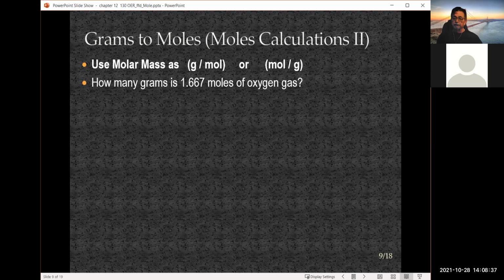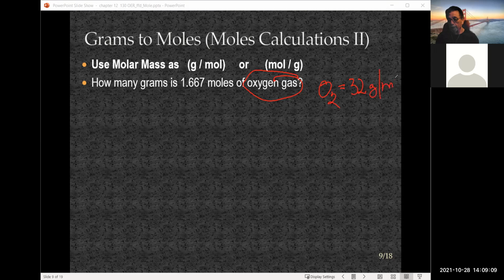For example, how many grams is 1.667 moles of oxygen gas? Okay, key words: oxygen gas, to trigger that it is diatomic, because we're talking about oxygen gas, or they would have said oxygen atoms. So it's diatomic, which means the molar mass for oxygen gas will be twice that for each individual atom. So that was 16, right? So it'd be 32